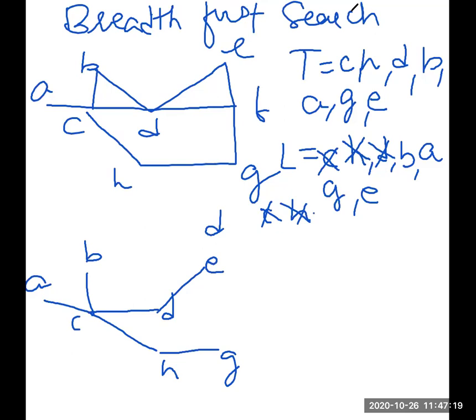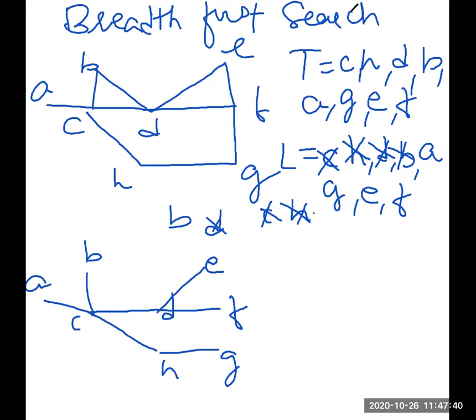Whether F is in L? No. Whether it is in T? No. So add F here, and add the edge D to F. Now, any other adjacent vertex to D? No. So go to the next vertex in the list.